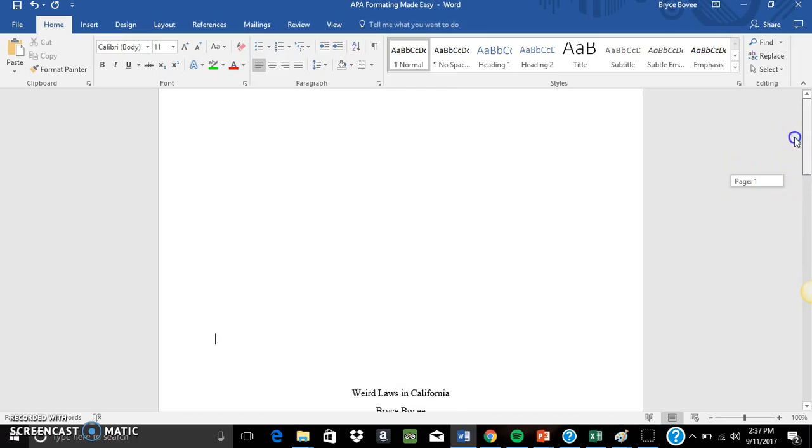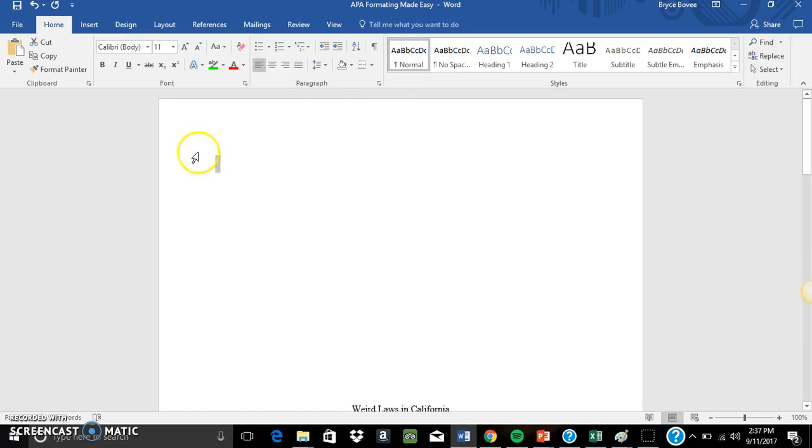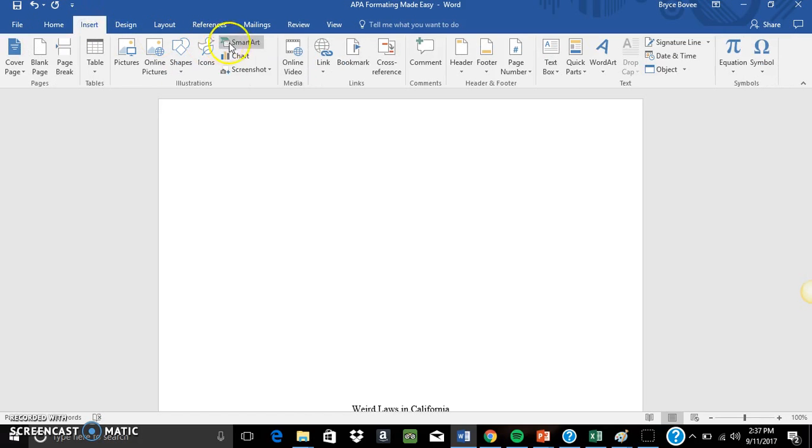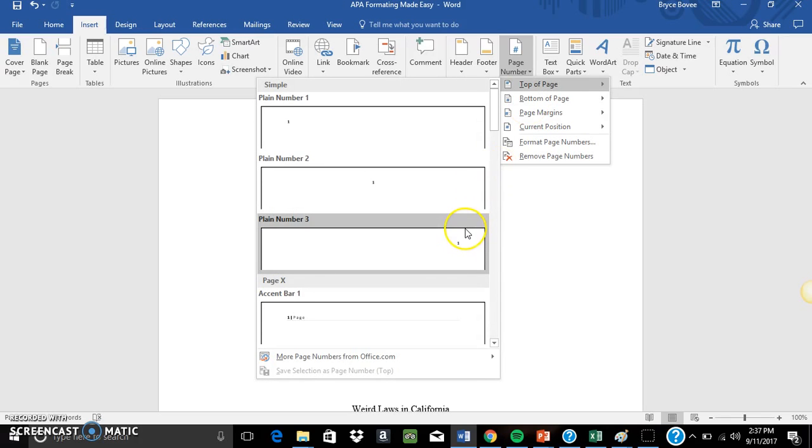Now what we're going to do is make an APA standard title. I'm sorry, not title, header. They call it header because it is at the top or the head of the document. So the easiest way to do this is you're going to go insert page number, because every header has to have a page number, so you're going to go top of the page, go to the right here,